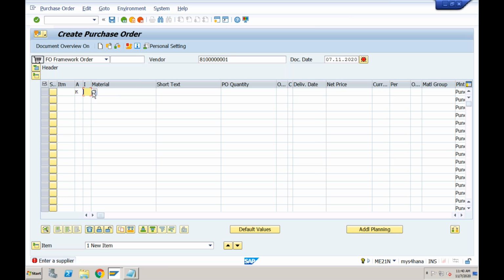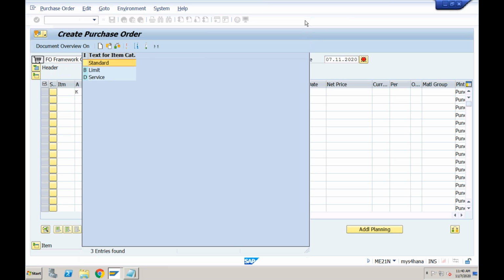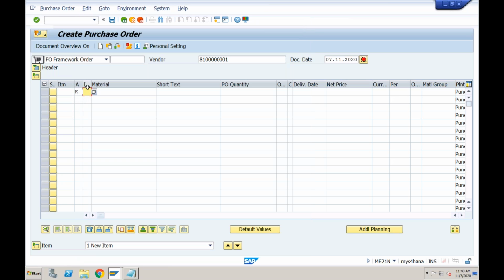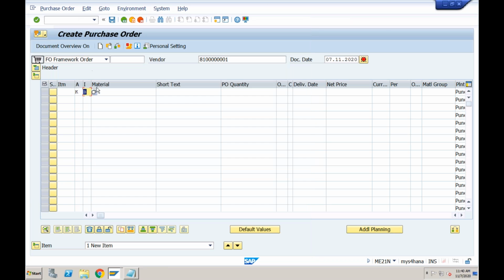And very importantly, if you remember, we have discussed till now, the last time we discussed that item category can be consignment, it can be subcontracting, it can be services. Similarly, when it comes to the framework order, you can enter the service also, but normally we go with limit, okay, which is B. If you enter D, then you have to provide the service master data. It would be similar to the service agreement that we created previously. Only thing is, in this case, the additional effort would be you need to create a service entry sheet every time. So if you want to get rid of that, you can just provide B,